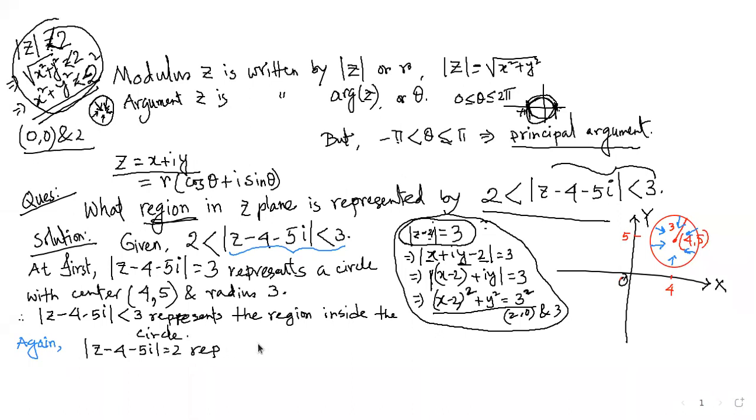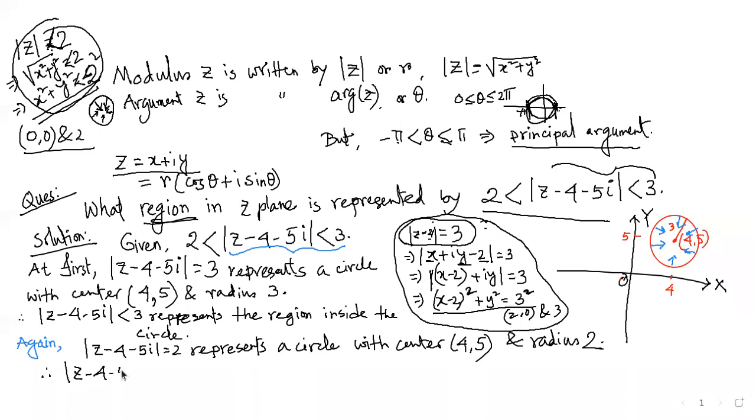It also represents, we use the same language for your convenience, the circle with center, what? With center same, 4, 5, but radius is changed to 2. Okay, therefore z minus 4 minus 5i greater than 2. Okay, this is the less than and this is the greater than. This greater than 2